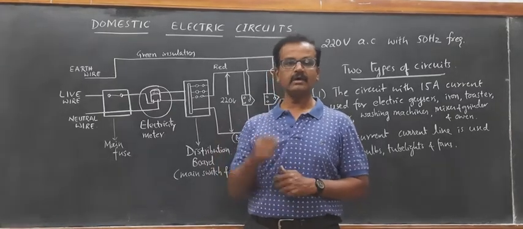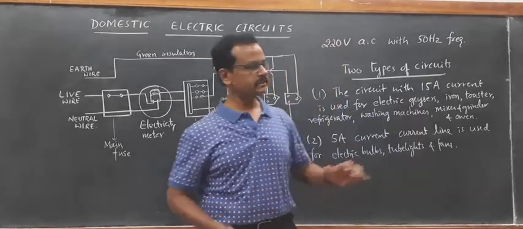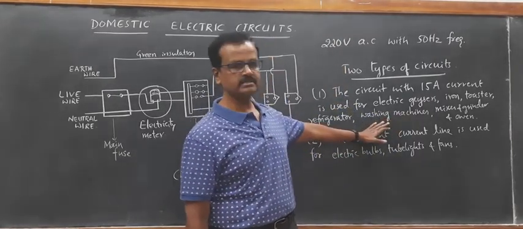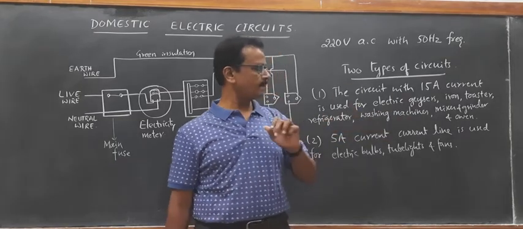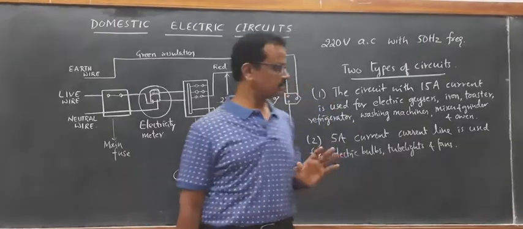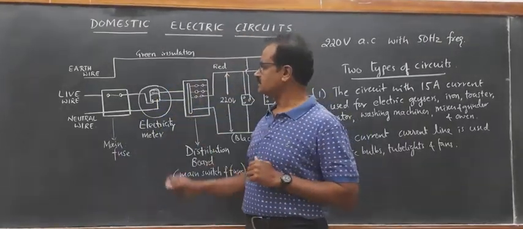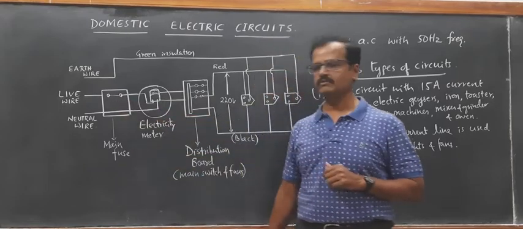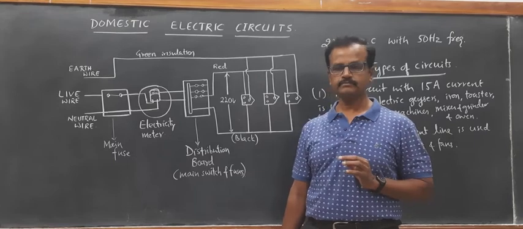Suddenly the ground conducts that current, and thus the person using the electric gadgets or electric devices such as washing machines, refrigerator, electric iron, the user will be safe. That is the important thing about earthing. Second thing, a very important thing, is about the electric fuse. We have studied about the electric fuse earlier.